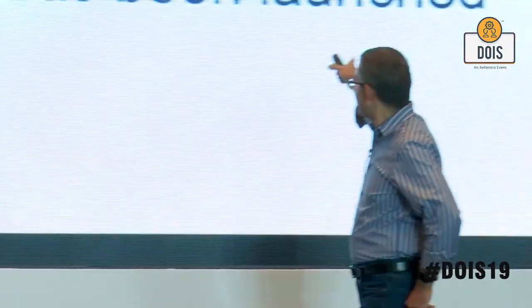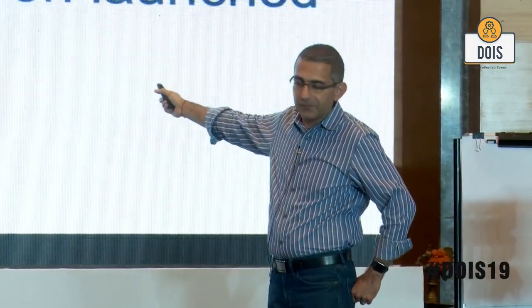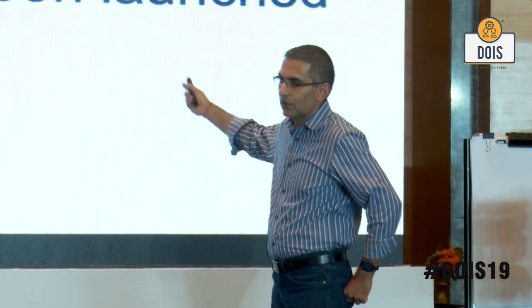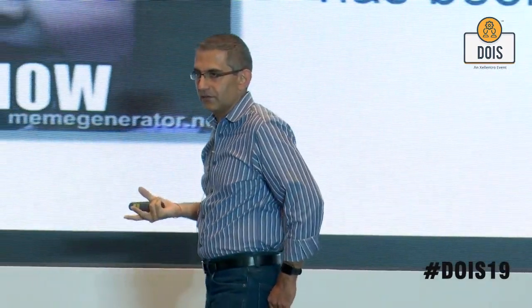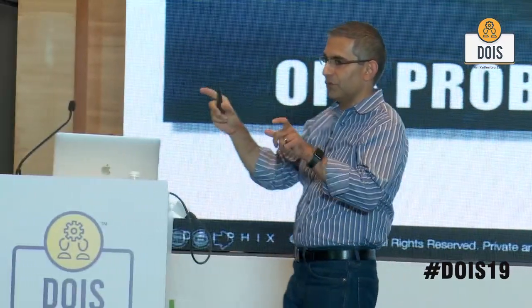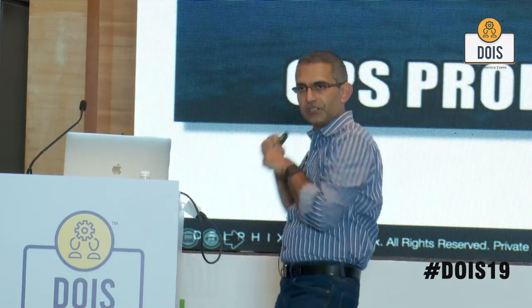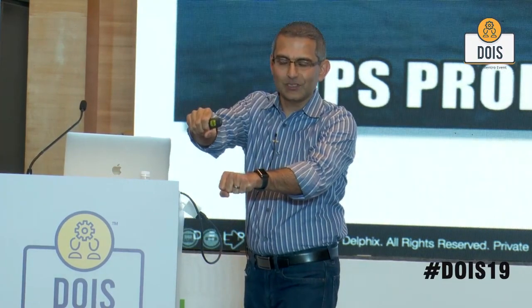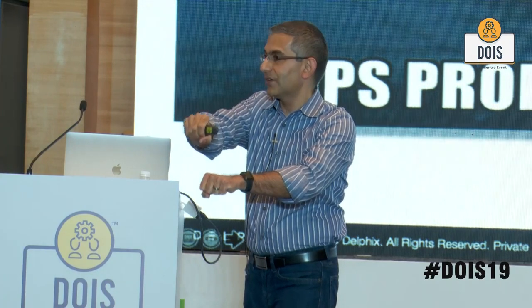Here's a quote from an actual defense contractor I was working with. I was helping them adopt DevOps, and they said that for them, the number one goal is quality, because after you launch the missile, you can't update. There's no over-the-air update, OTA, right? You have a new version of code when it's a missile. In fact, I was doing a project for the Navy, and the way the Navy patches systems is you remove the server rack, and you put in a new server rack with the new version. So the cost of fixing bugs in production is very, very high.